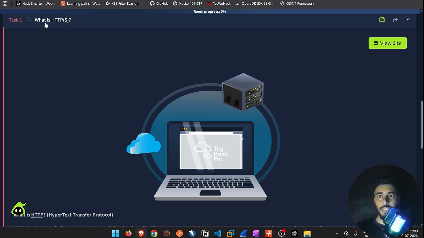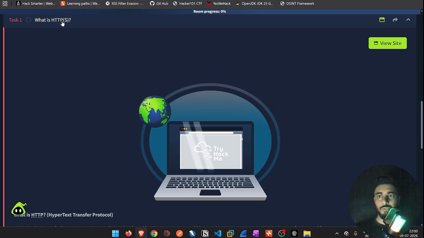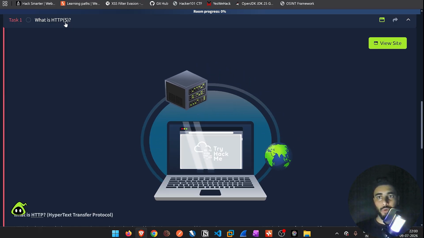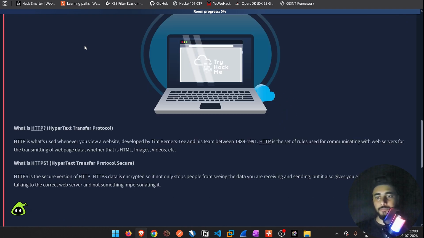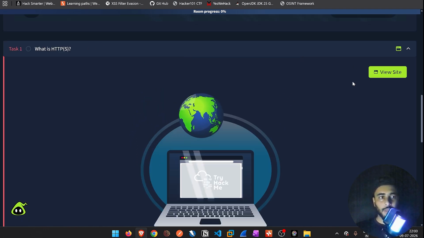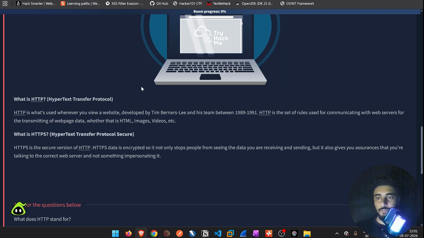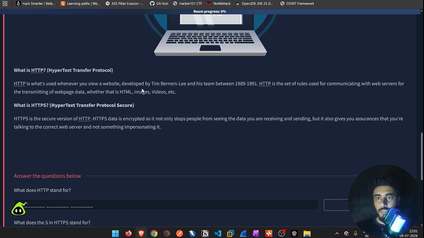So what is HTTP and bracket में S, that is Hypertext Transfer Protocol, जो कि पोर्ट 80 के ऊपर हमारा ऑपरेट करता है। लेकिन अगर हम HTTPS कर देते हैं तो ये उसी का सिक्योर वर्जन होता है, दैट इज़ हाइपर टेक्स्ट ट्रांसफ़र प्रोटोकॉल सिक्योर, जो कि पोर्ट 443 के ऊपर ऑपरेट करता है। सो इसके बाद यहाँ पर हमारे पास एक बटन है व्यू साइट का, बट लेट्स फर्स्ट रीड व्हाट्स इन दिस।